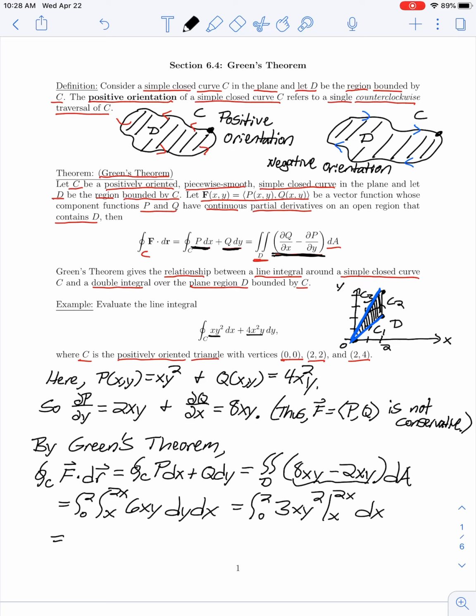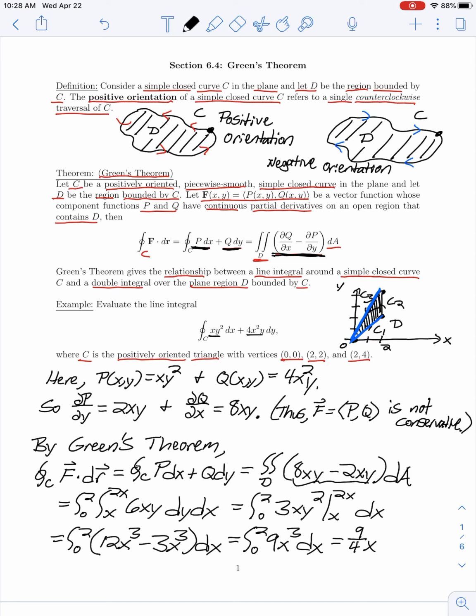So we have the integral from 0 to 2 of, when we evaluate at y equals 2x, we have 3x times 4x squared, which gives us 12x cubed, minus when we evaluate at y equals x, we have 3x cubed dx. So we are integrating from 0 to 2 the function 9x cubed dx,